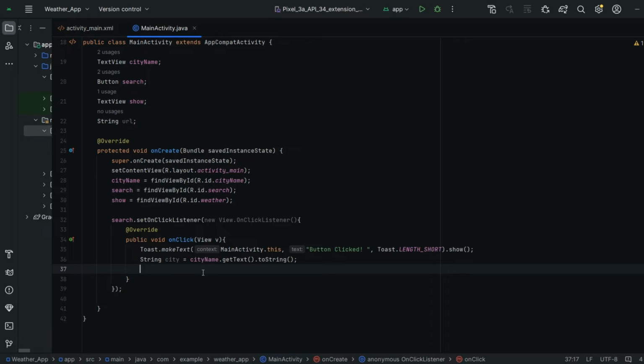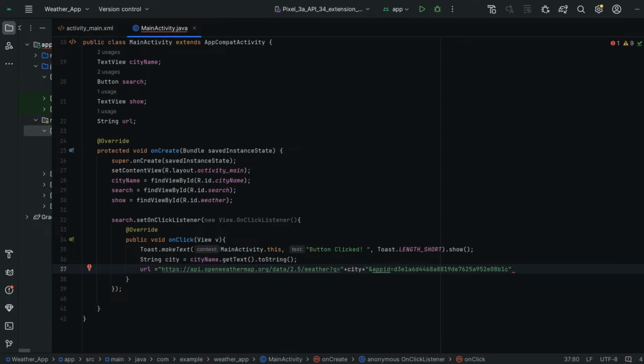Next we are going to give the URL name here. URL equals, so whatever URL I copied from there, I am pasting it here. See, guys, next, instead of this Bangalore, I am going to give this string city that we created. So I am giving plus city plus here. See, I am adding the city name in the URL. That's what I am doing, guys.